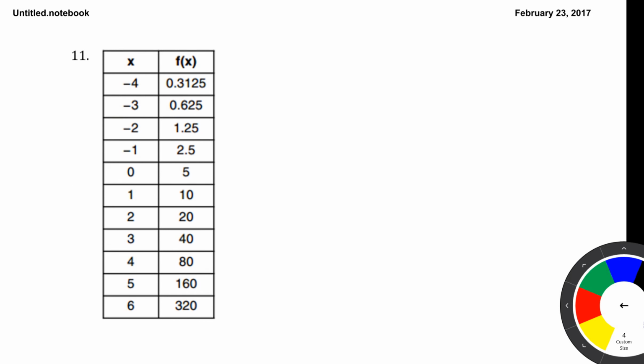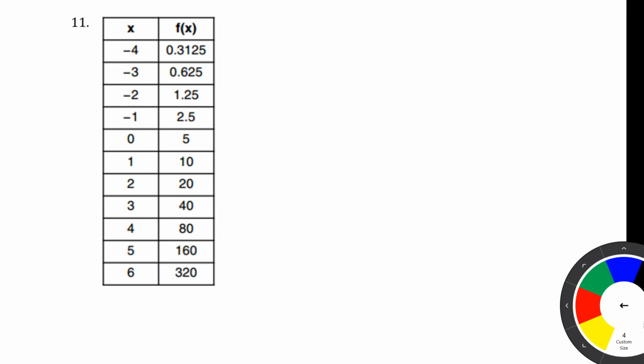The next few questions asked us to determine if each relation is a function, and then also determine if it is a function if it was 1-to-1. So the first thing we're looking for, is it a function? To determine if something is a function, we're going to look at the x values if it's a table. So look at all these x values, they are all different. So it's a function